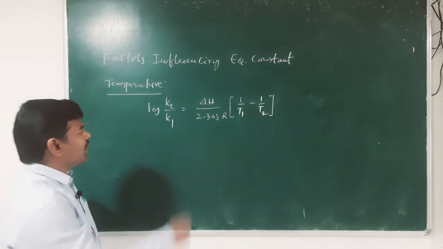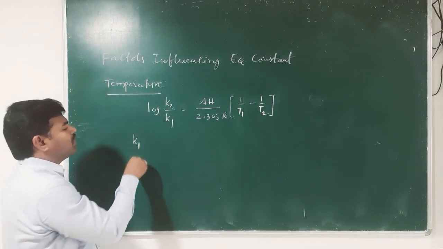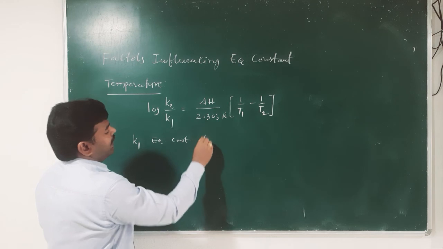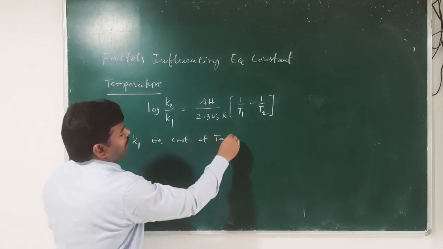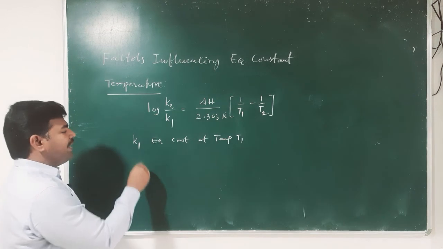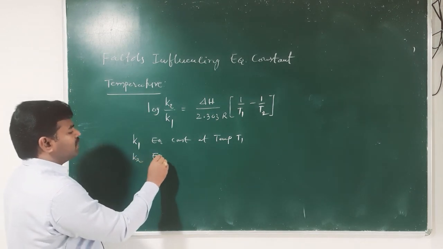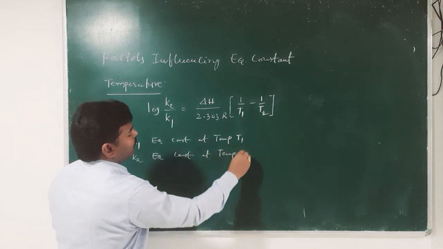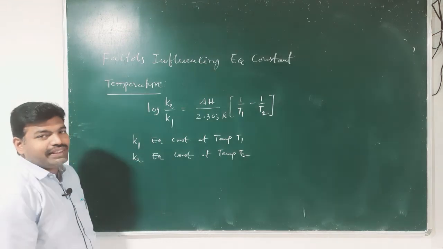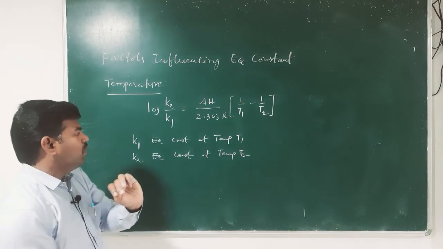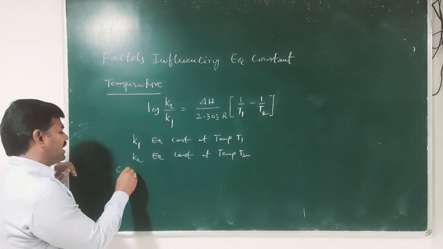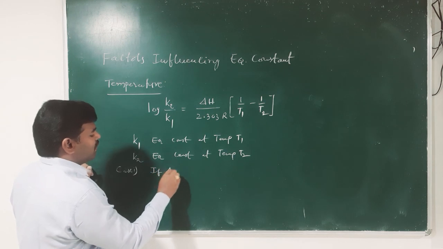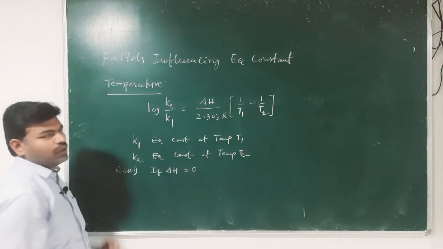So, in log K2 by K1, K1 is the equilibrium constant at temperature T1, and K2 is the equilibrium constant at temperature T2. Okay. So, there are three important cases. The first case, case 1, is if delta H is equal to 0,